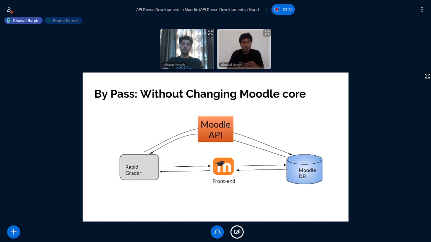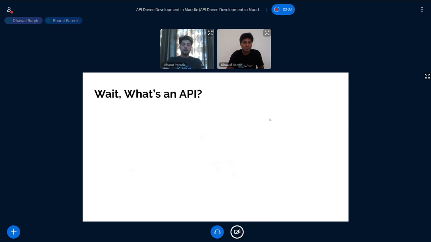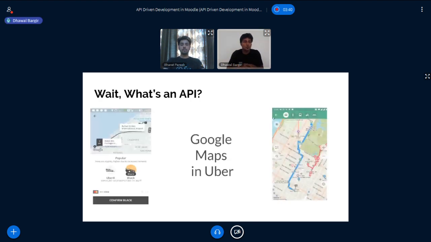I've been talking about this API for some time now, and before I move ahead, I would like to shed some light on what it is. To give you an example, Google Maps and Uber. As you all know, Uber is a ride-hailing platform and requires Google Maps as a primary functionality.